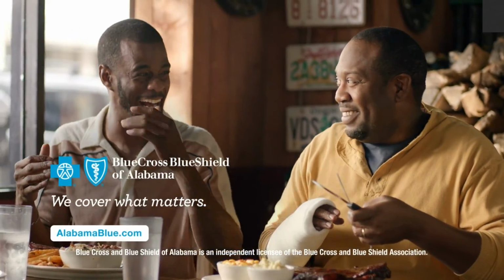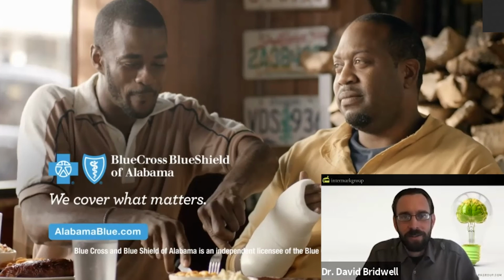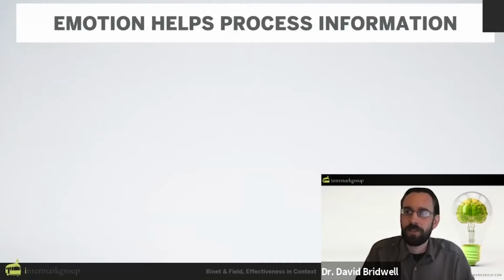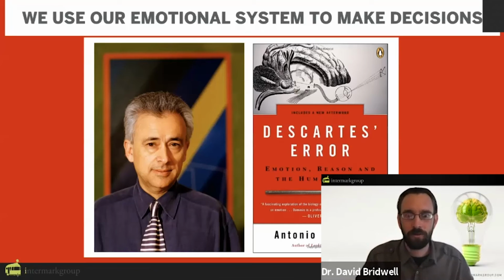I love it. Great narrative structure, strong emotional tie. I know you're aware that building emotion into your ads helps with memory structure, and it's because we store it in a different way. Yeah, and you'll notice in these examples that we showed, we looked at the insurance space, we looked at financial space, healthcare. These are all very high information categories. And it turns out that emotion and these approaches are even more effective in these high thought about categories like insurance and finance. And emotion is super critical, so we actually can't make any decisions at all without using our